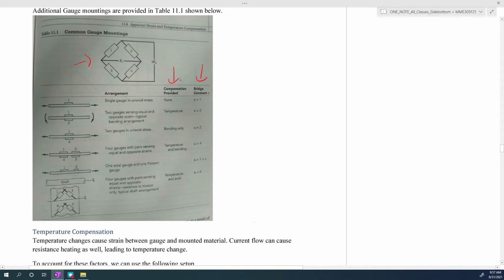Okay, so it gives you some examples for how they are arranged and those bridge constants. So it's a handy reference to have available to you if you're evaluating different types of Wheatstone bridges. All right,